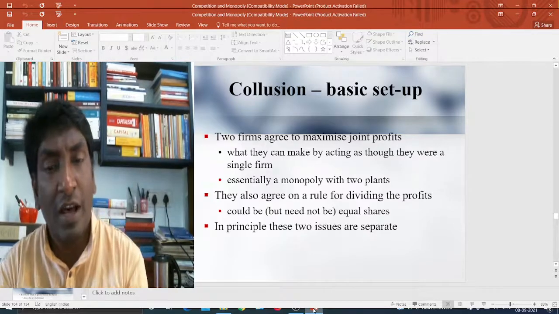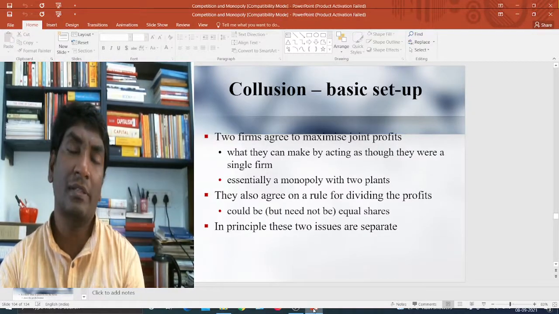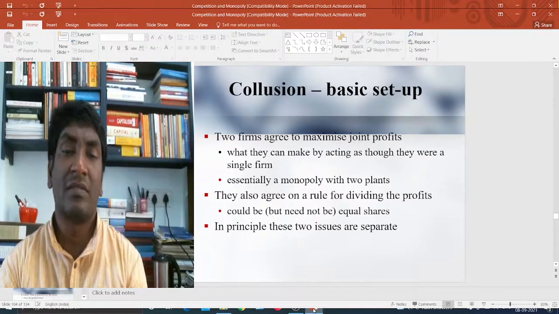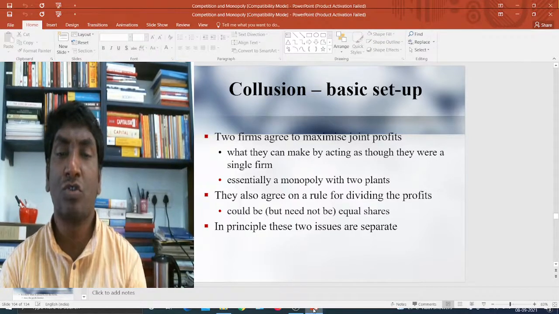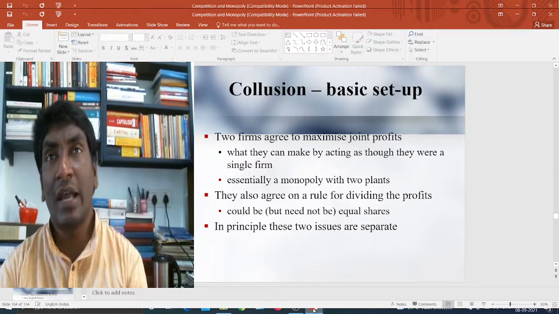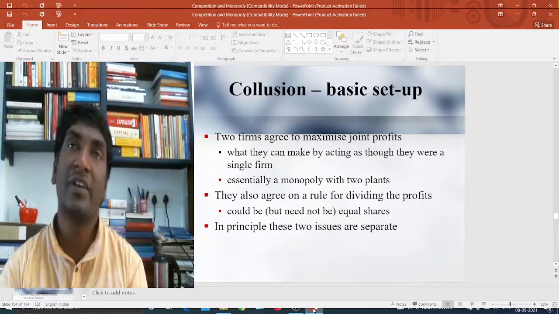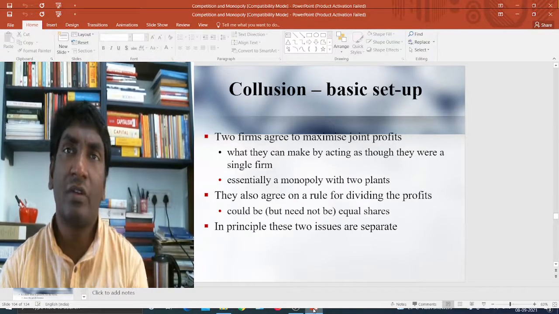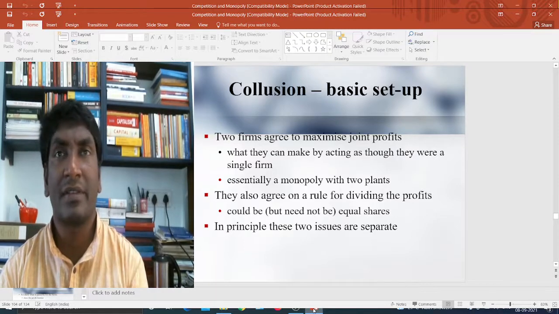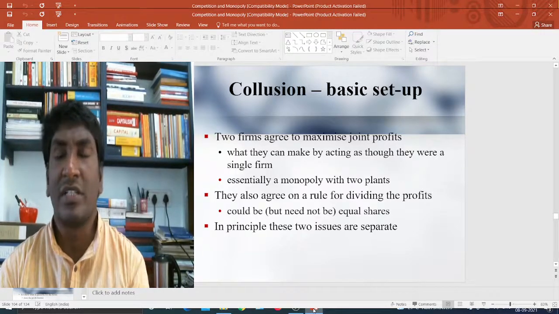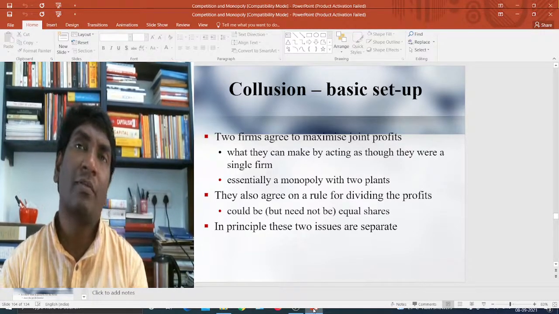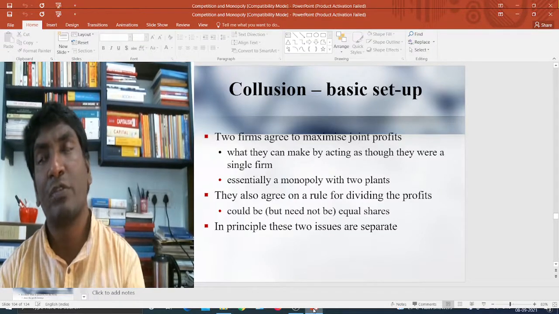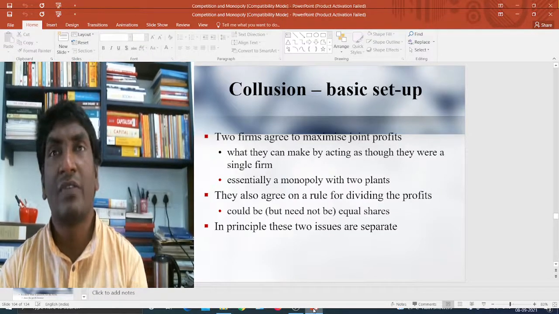So two firms are agreed. As we began, two firms agreed to maximize joint profit. Then there is a collusion between them. Earlier, by assumption, we said that they announce their prices or even their quantities separately. But here, there is a possibility of collusion, even if these are two